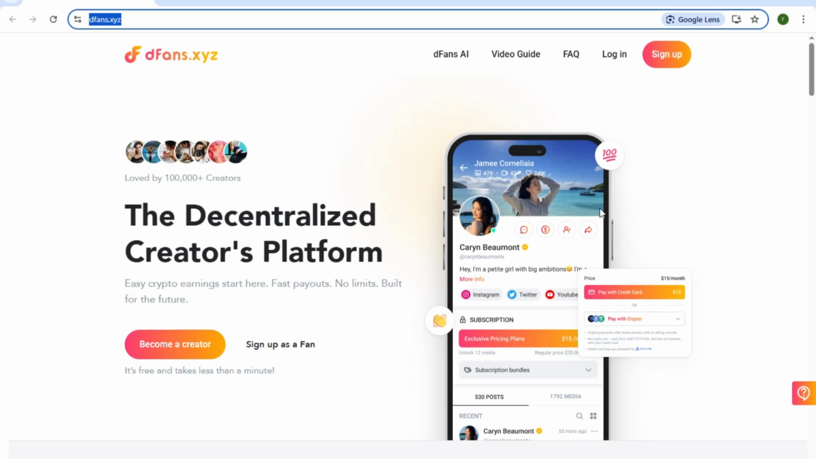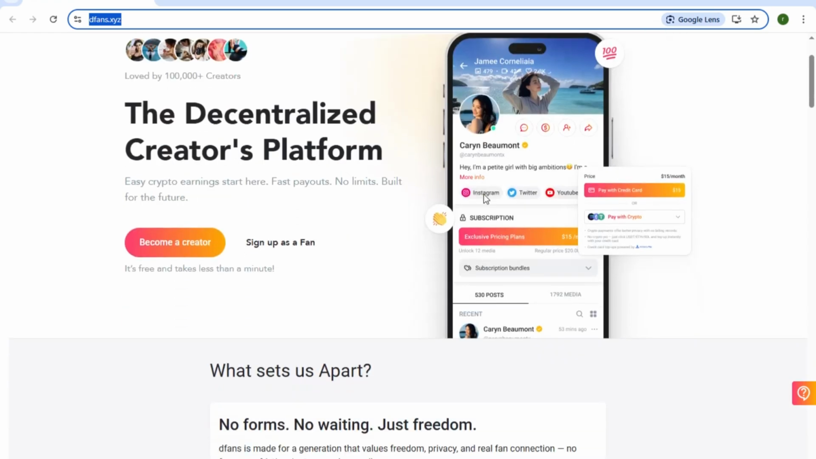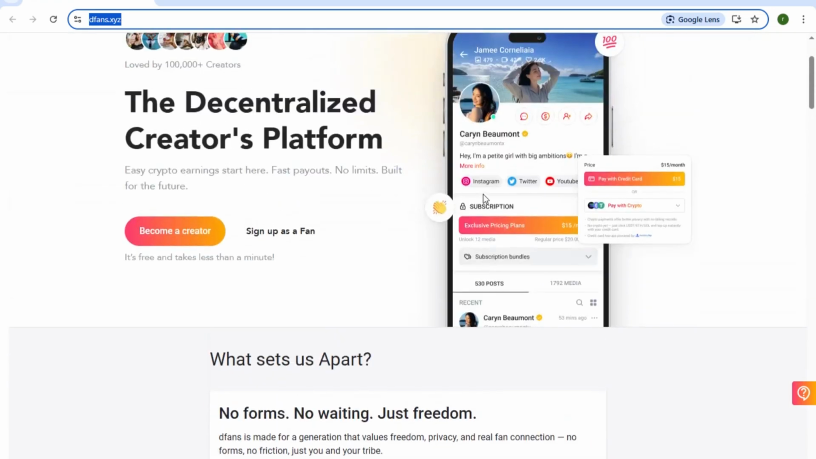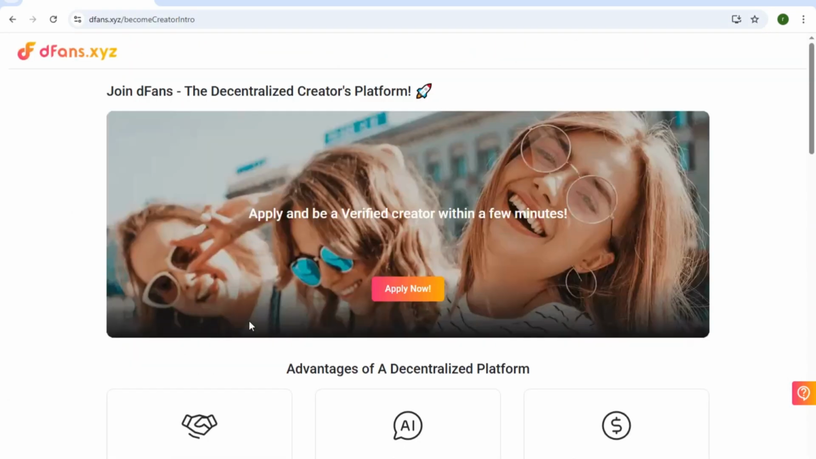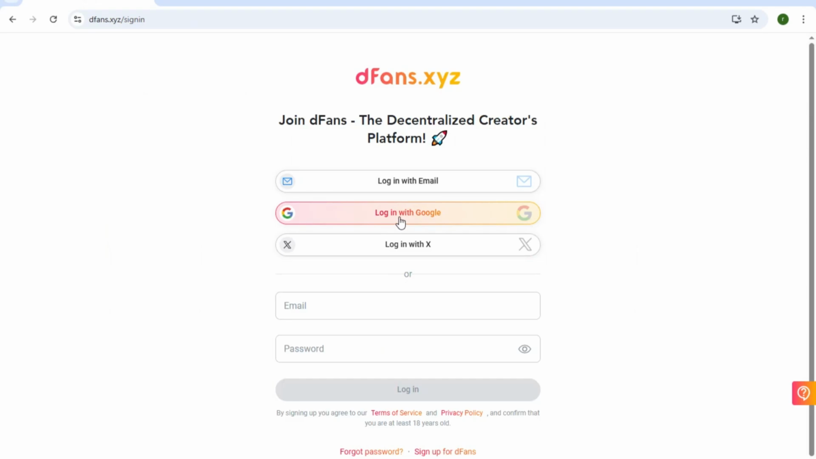So let's dive in. Once you click the link in the description, you will be taken straight to the dFans dashboard. Right away you will notice how clean and user-friendly the interface is. To get started, just click the Become a Creator button and you can sign up using your email or directly with your Google account. I will go ahead and choose the Google option, and after sign up, you will land